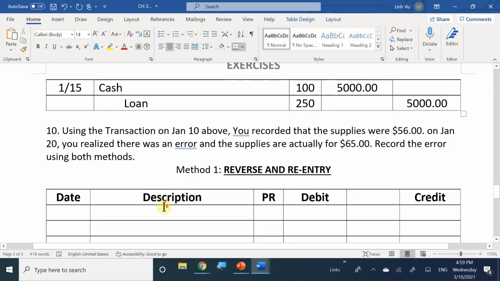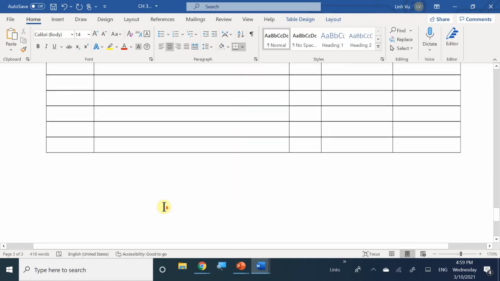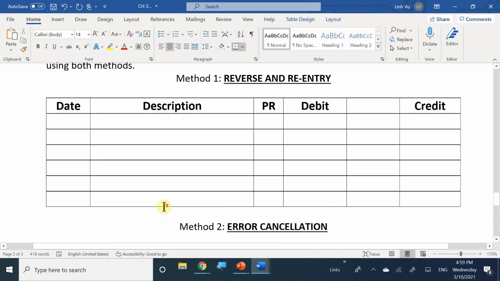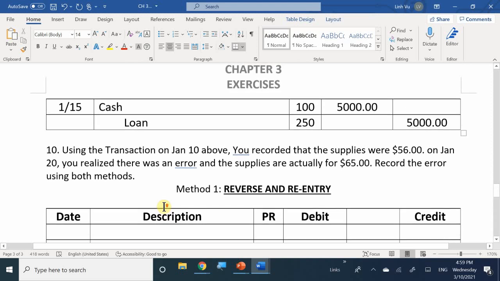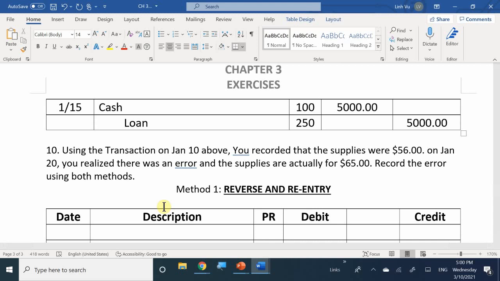Okay. Last but not least, I want to go over this real quick. I don't want you to do this for homework. So let's just try to get it out of the way real quick. In this case, I'm going to use the transaction on January 10th from above because I realized